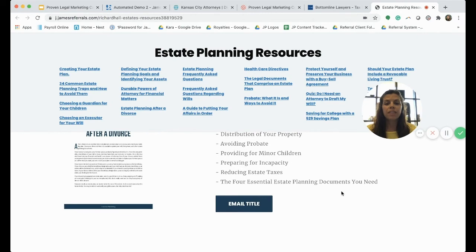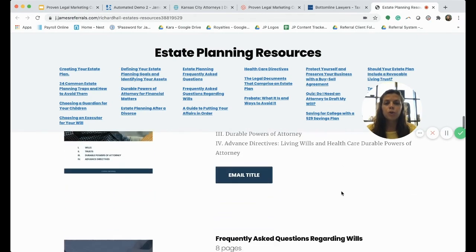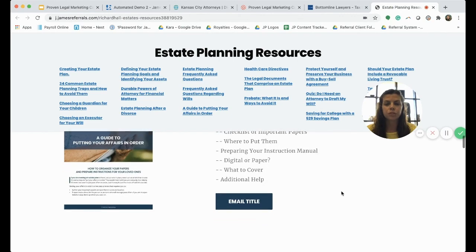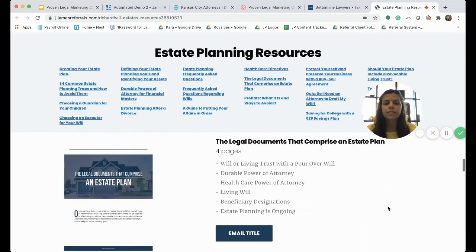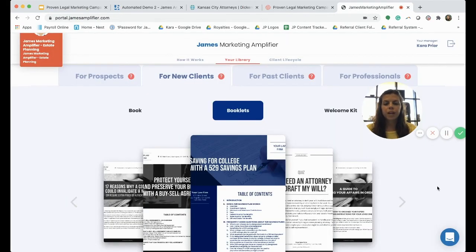remember that there's a group of your website visitors, quite possibly a large group, who just aren't quite ready to book a consult or give you a call, but perhaps are looking to get their questions answered. So these lead magnets are a great way to capture contact information for those folks who would otherwise leave without a trace, and then we're able to help you nurture them along until they are ready to hire you. So all of your branded materials are housed within our super simple to use content sender portal, which is